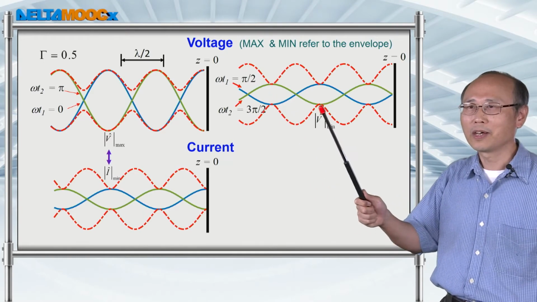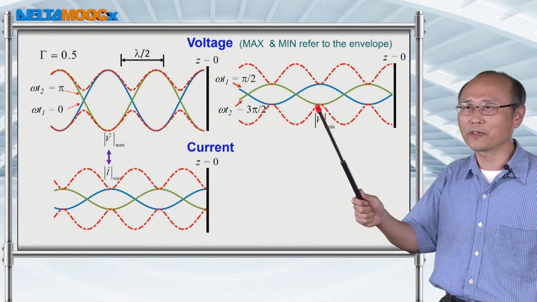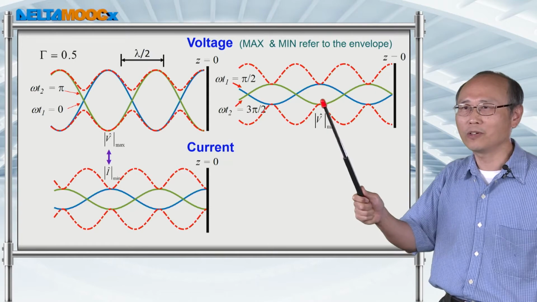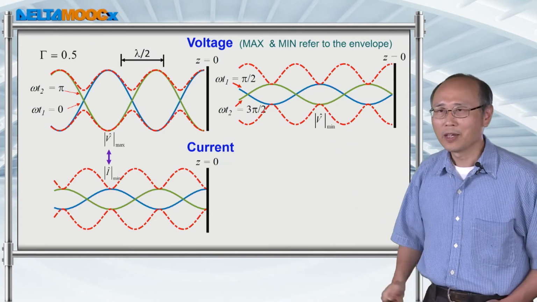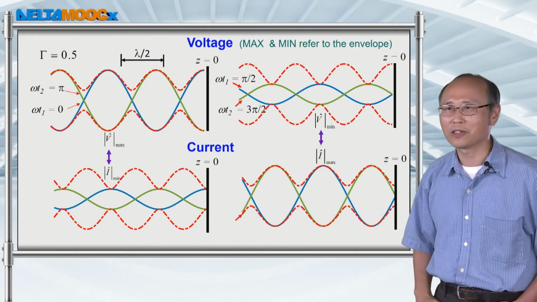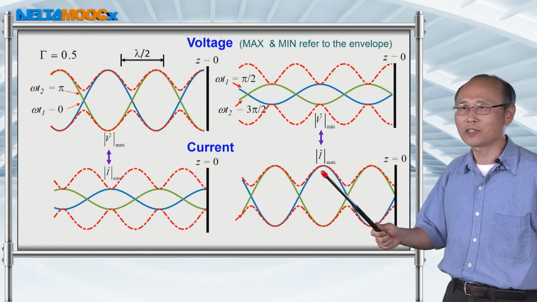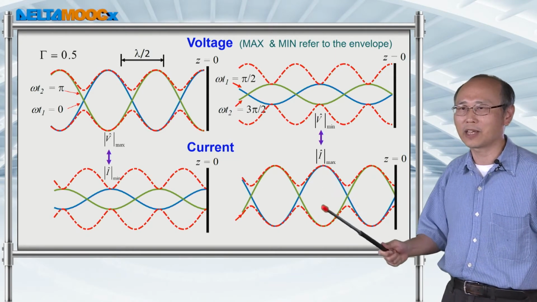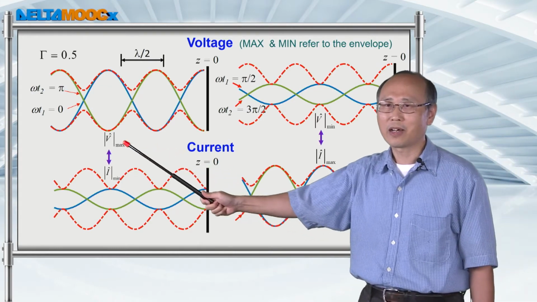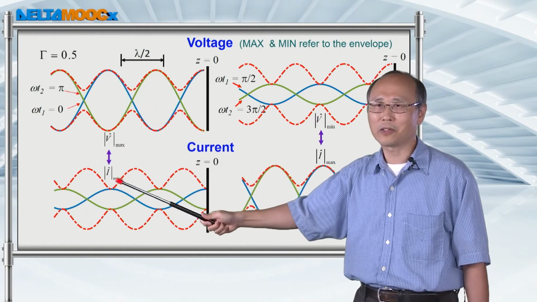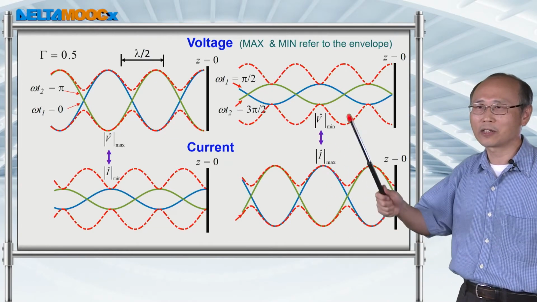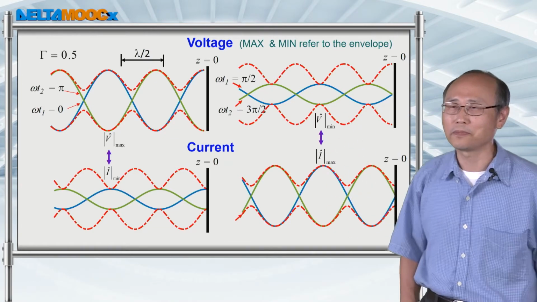So you can see that the green and also the blue curve hit the minimum point of the envelope function. We call this a null for the standing wave pattern. But at this same time, if I look into the current signal, then the current signal in fact swings to the maximum point inside this envelope. So we reach a conclusion that when the voltage hits the maximum point, the current will reach the minimum point. And from the patterns on the right hand side, you can also see this conclusion.